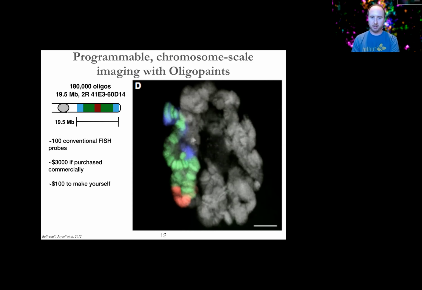I mean, you could somehow get the BACs or the conventional FISH probes you would need to make labeling happen in this kind of way, and did it yourself, you can maybe do this for $100, assuming you could source and raise all of those. This is just really factoring in the cost of the probe material itself and the molecular biology to make the FISH probe. You could buy it maybe for $3 grand. And in this case, once we had the libraries, and that was of course an upfront investment, we were able to do this for less than $3. So I mean, the scaling of this technique is really powerful. I think you'll see that come out in some of the later stuff I present.